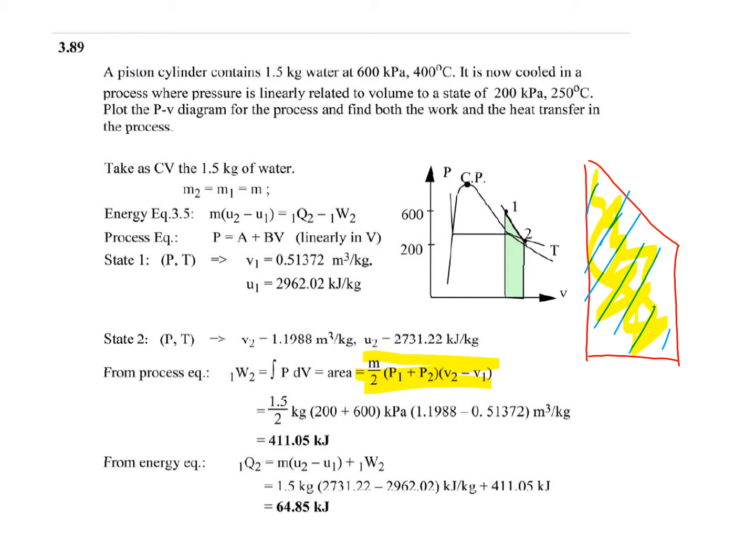So what we're going to do is, the area of a trapezoid is half of the distance between the parallel lines, that is the perpendicular, this line, into the sum of the parallel lengths. So this is exactly the same as what is being done over here. We are multiplying it with the mass to find the total work instead of the specific work.